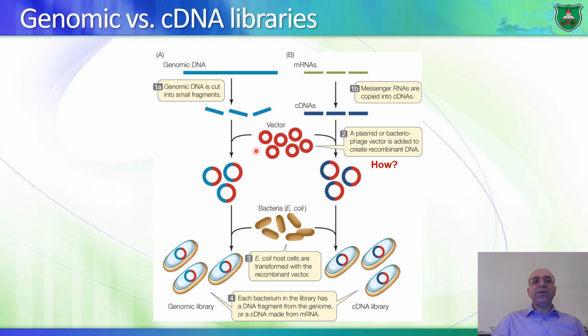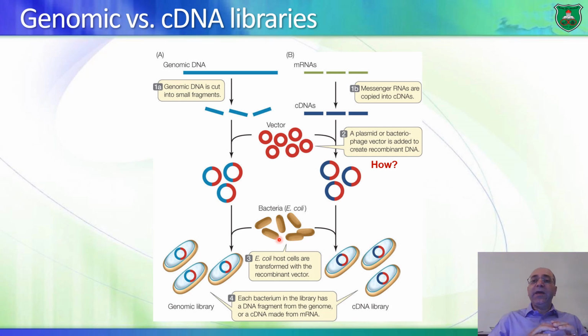We insert them into vectors like plasmids. So each plasmid would have a certain DNA fragment inserted inside it. We have these plasmids, we insert them into bacteria, and then we have different colonies, and each colony of bacterial cells would contain a copy of a plasmid molecule with a specific fragment. So each bacterial colony would contain different DNA fragments. Now,